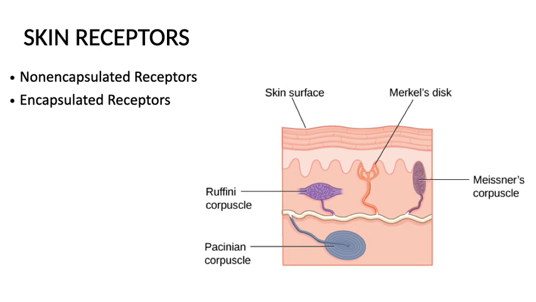Let us see what the non-encapsulated ones are. When we say it is not covered by a capsule, that is the free nerve endings and Merkel's. Okay, if you can see here, Merkel's is shown here. It is found in the stratum basale of the epidermis. Why Merkel's? What is its purpose? This is a corpuscle which is sensitive to touch, whereas free nerve endings, we said, are for touch and pain.